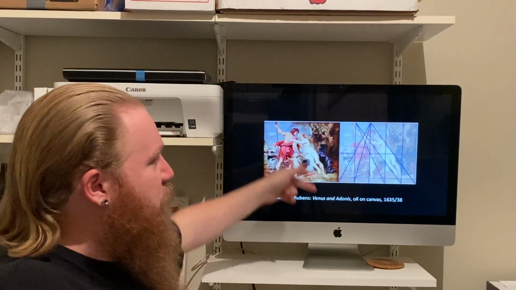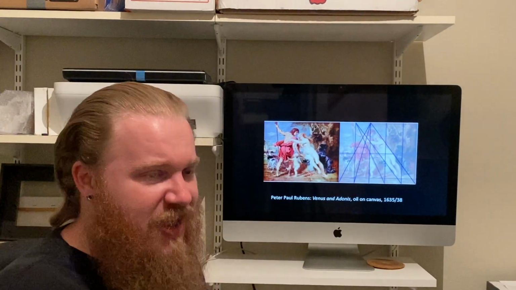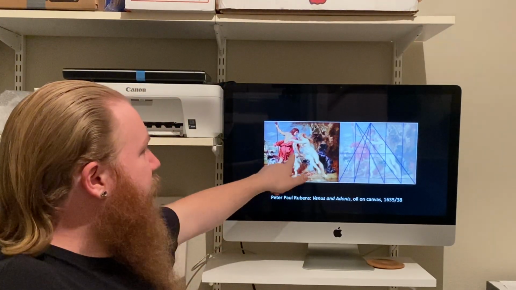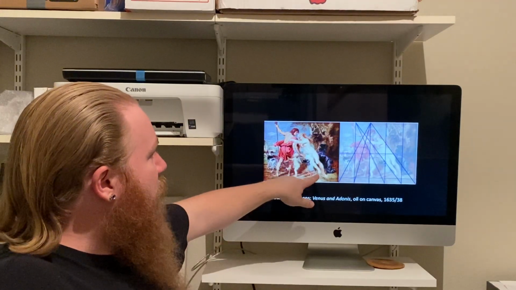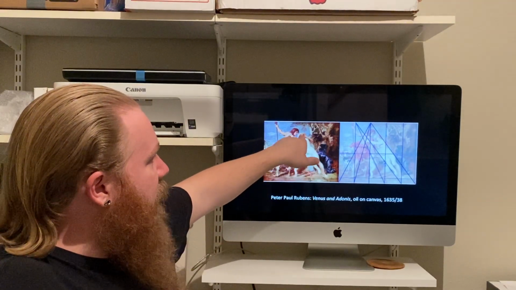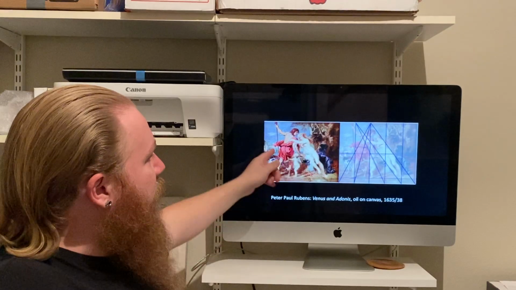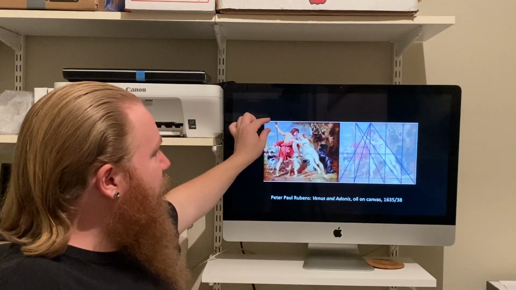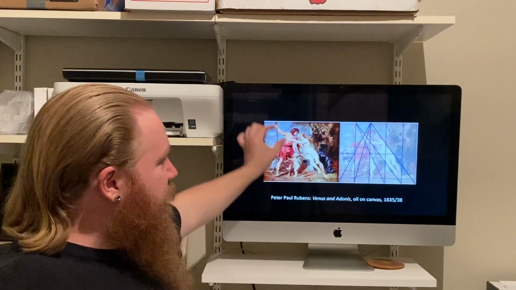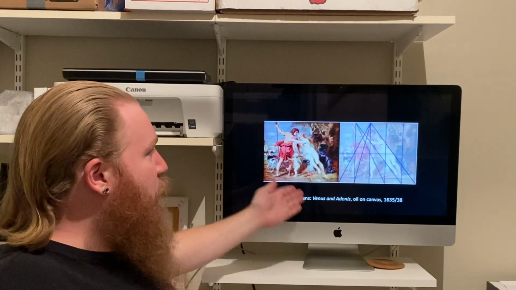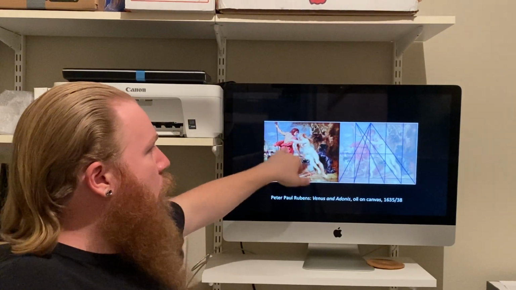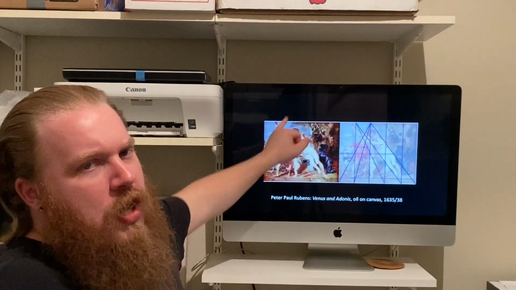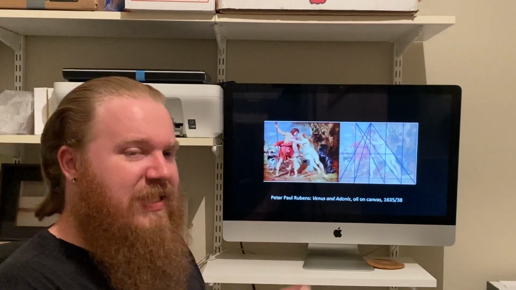And so Venus, once again, goddess of love and desire and all of that. We can see Cupid there as well. But once again, it's all leading us up to this point. But we can also see the additional use of triangle to create, once again, in the arm of Adonis, this nice resting point, which draws our attention away from being solely focused on that anticipation between